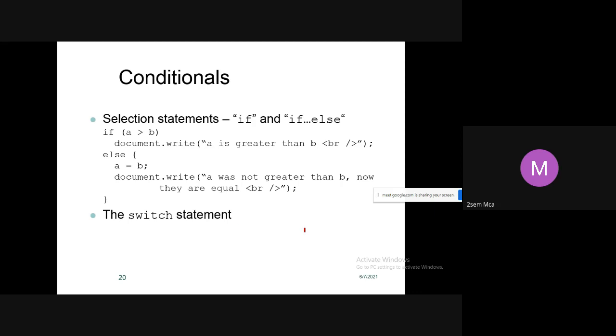Yes, all these conditional statements we can also use in JavaScript, that is simple if, if else, else if ladder, nested if. Whatever conditional statements we have learned or used in the basic C programming language, all those conditional statements we can use in JavaScript.